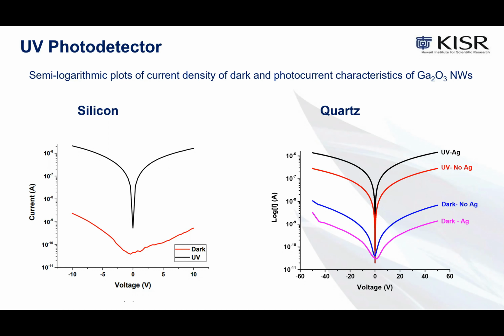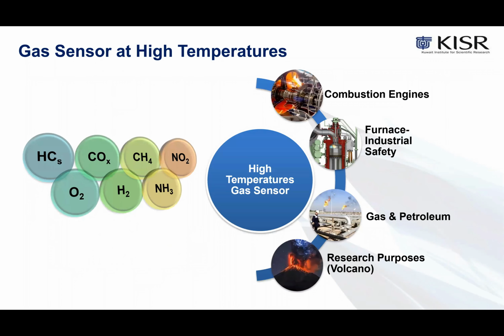The photoconductivity mechanism of the gallium oxide nanowire is attributed to the surface oxygen adsorption and desorption process, which is also influenced by the presence of silver as a catalyst, leading to improved oxygen detection and electrical properties of these gallium oxide nanowires. Our coming goal is to focus on the gas sensor, which is